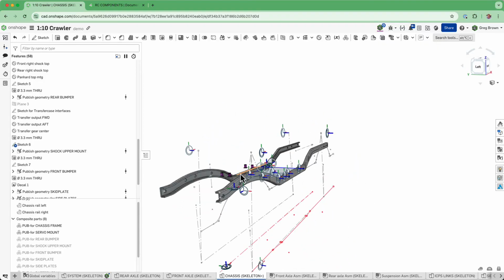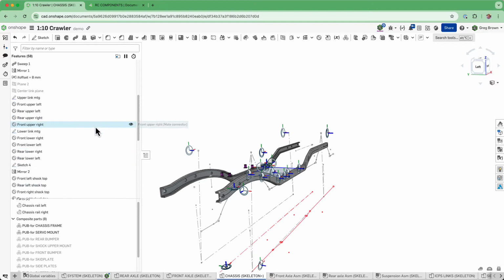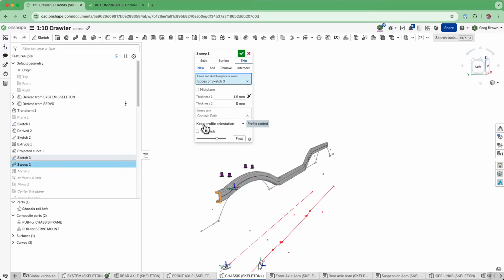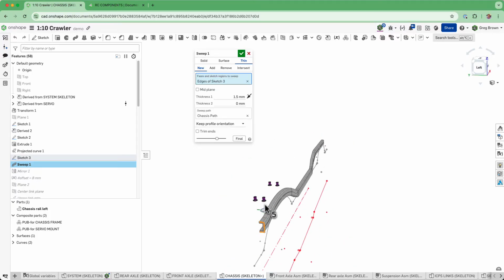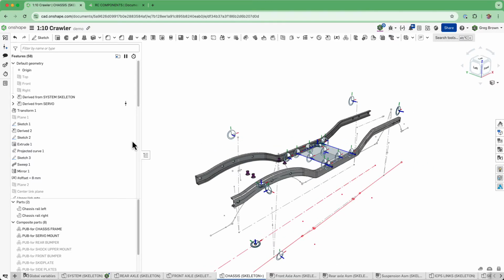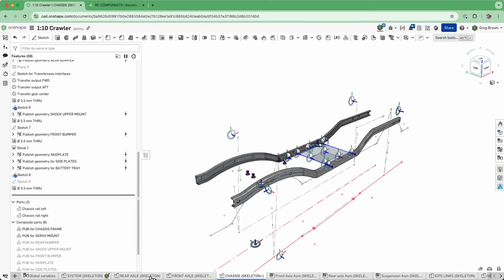I used a sweep feature for this, and there's a sweep feature somewhere back here. You'll see here I've actually kept profile orientation so that it doesn't twist around as it goes down the sweep trajectory, which is not planar. There we go. So we have created 3 big skeleton subsystems for the rear, the front axle, and the chassis